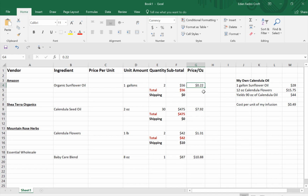Oh, I never added our subtotal. Okay, so 56 plus that, so that's what, 526 or something like that. Yeah, I think it's 526. So that's 568 about, right? Plus so that would be 648. So you're looking at about $650 for your order, and that's before you order your packaging